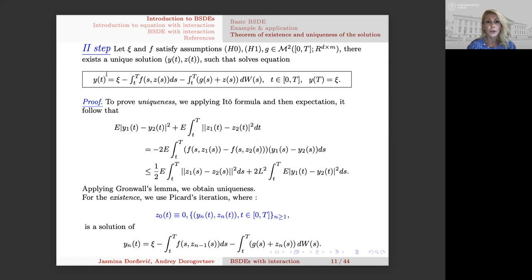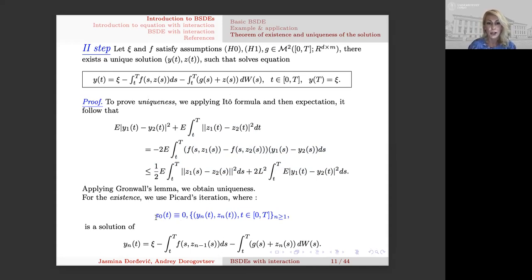Further on, we generalize this equation to introduce the control process in the drift function. The proof of uniqueness goes in that way that we first apply the Ito formula on the difference of 2 solutions, if we suppose that there are 2, and then apply elementary inequalities. Because the constant is less than 0, we can move this member to the left side, and directly from Gronwall's lemma, we have uniqueness of the state processes, and further on uniqueness of the Z processes. For the existence, Picard iterations are used.